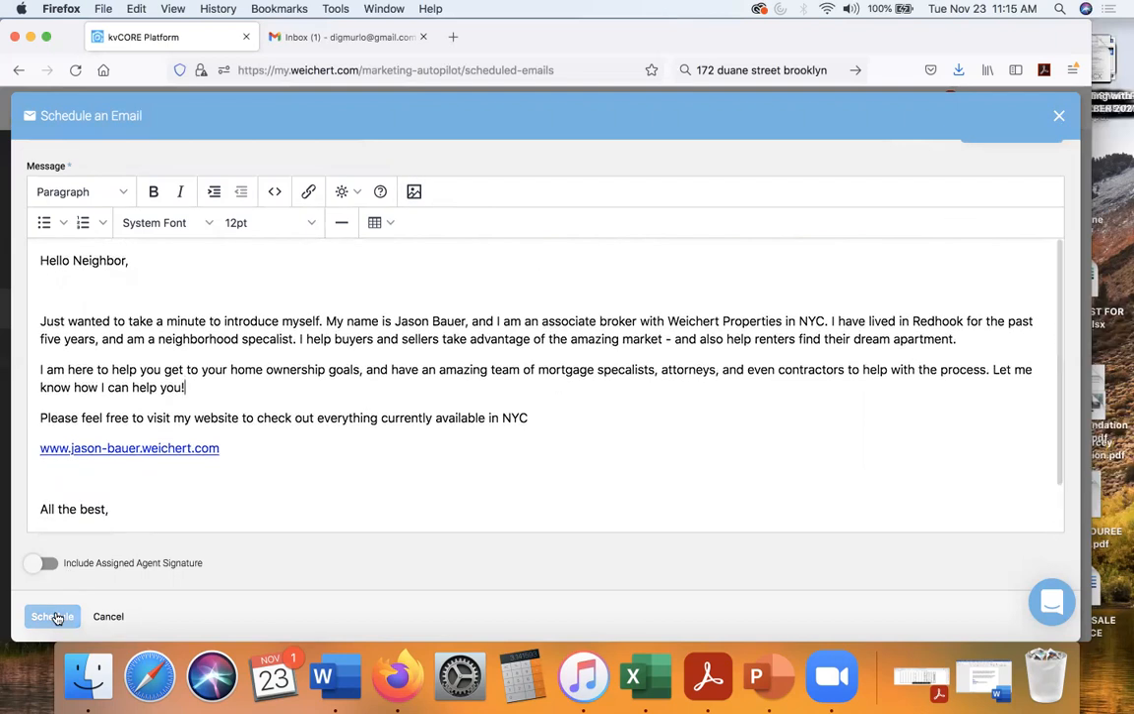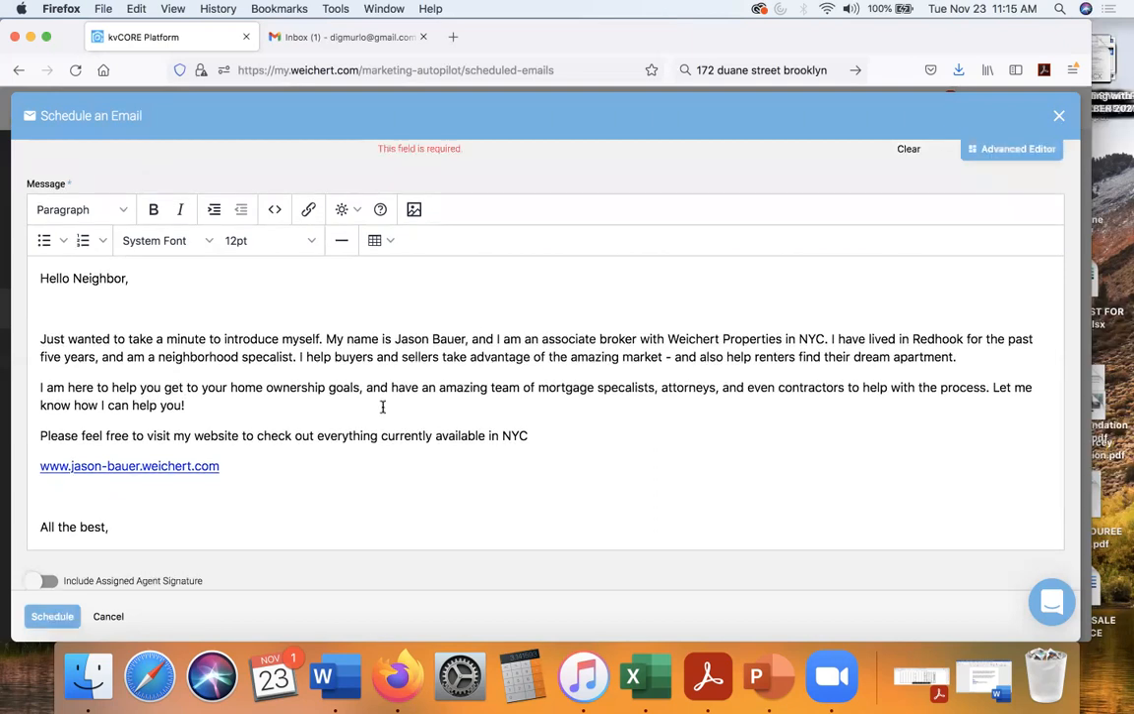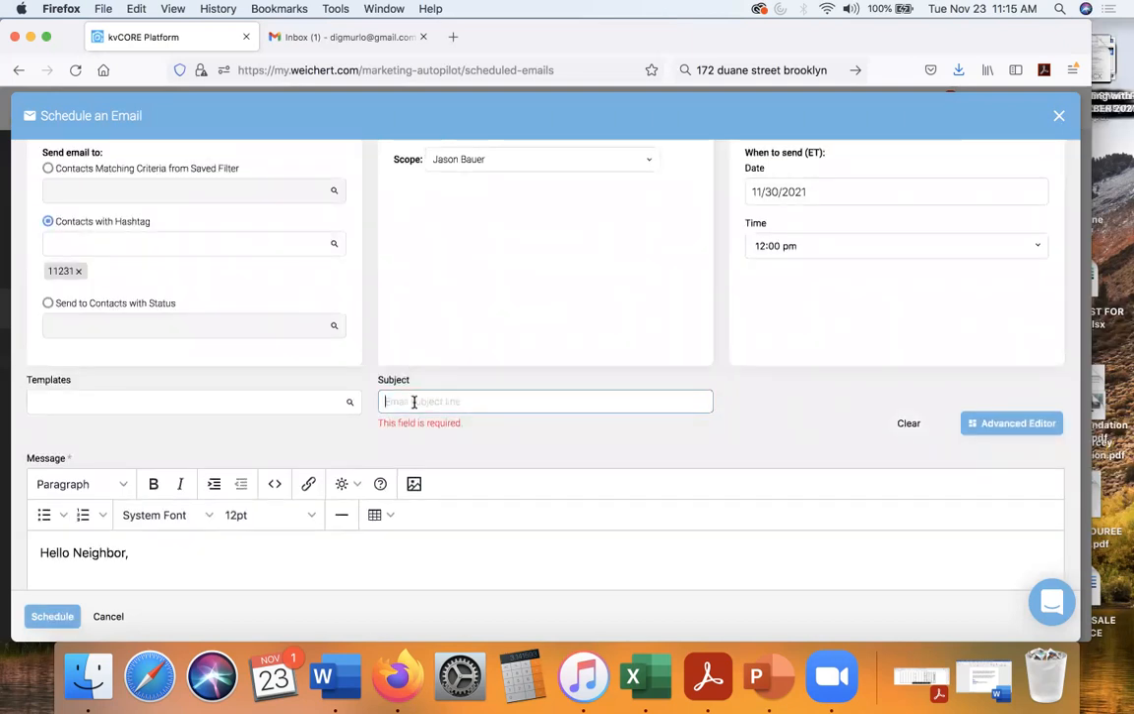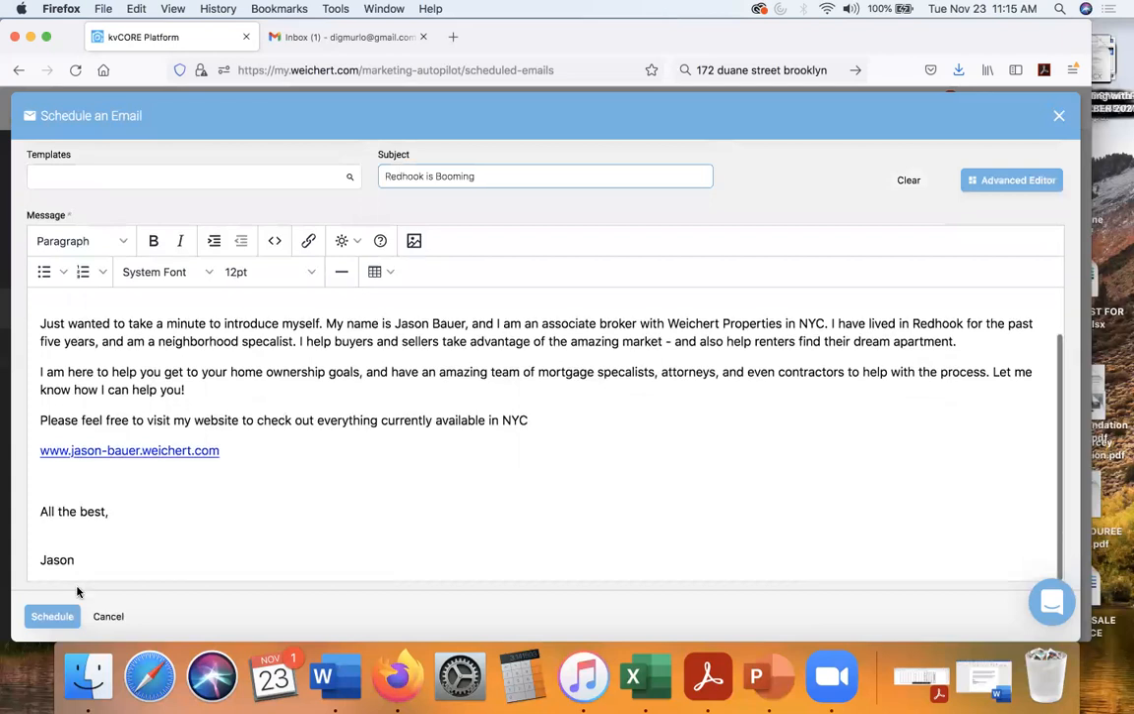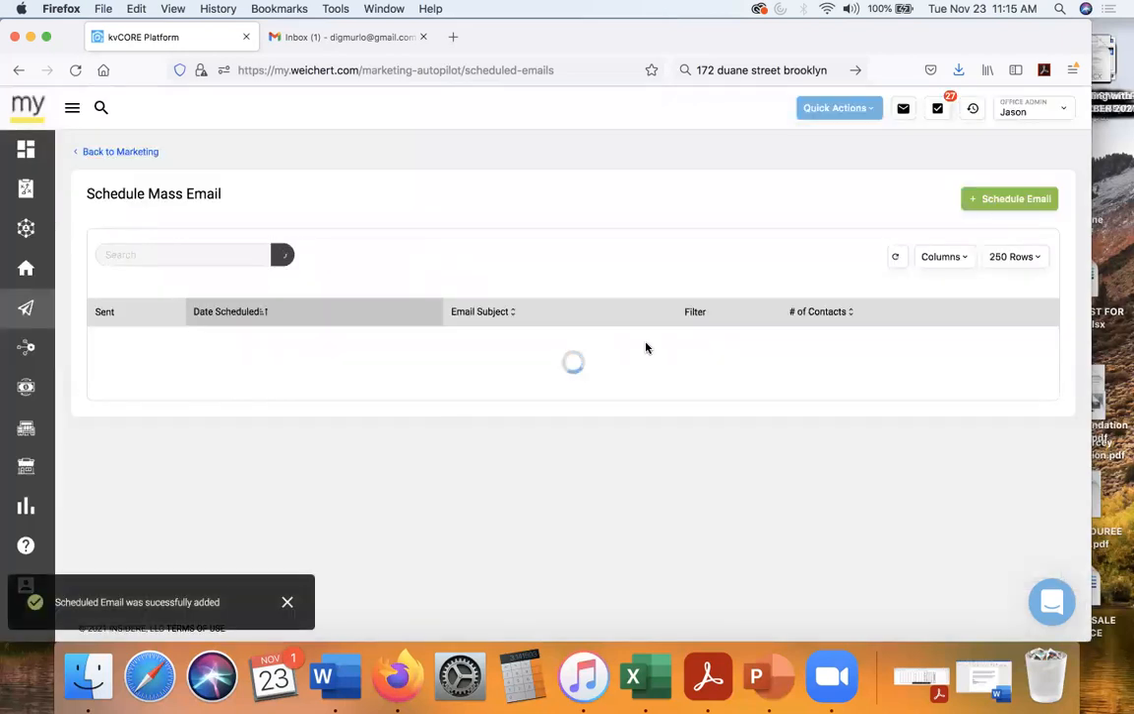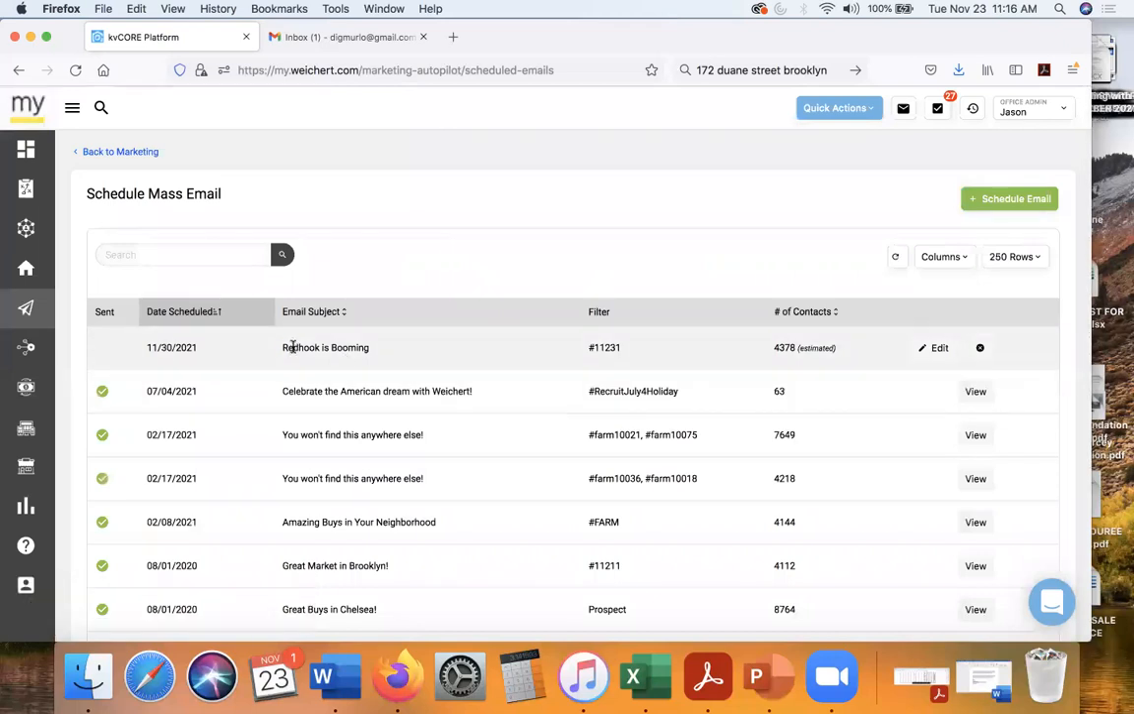And all you have to do is go down here to schedule. Oops, it's going to ask for a topic. Red Hook is filming. And again, the system will tell you if you forgot anything. So I'm going to hit schedule, right? And then when it saves it, I have this scheduled for 11:30. My filter is that 11231, that zip code that I have in there. And it's going to send this on the 30th at whatever time I scheduled, I think it was noon, to